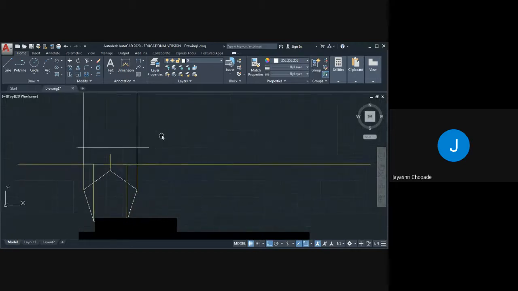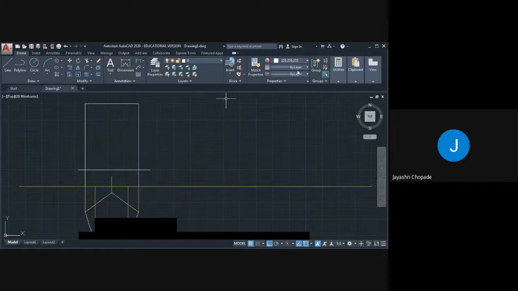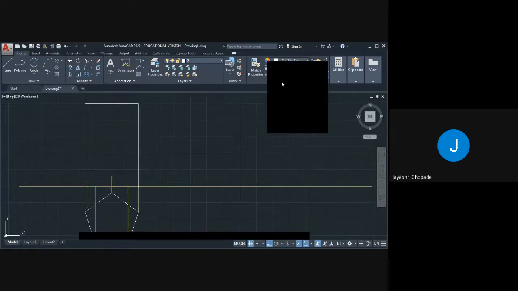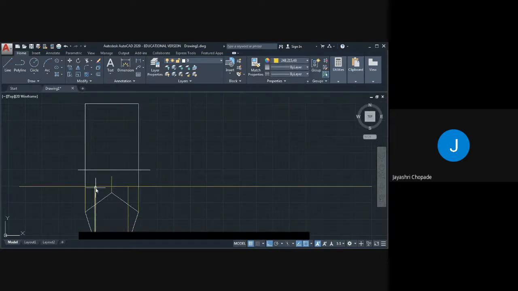Then draw the projection line. For that we will use yellow color. Here we will draw projection lines from each point.